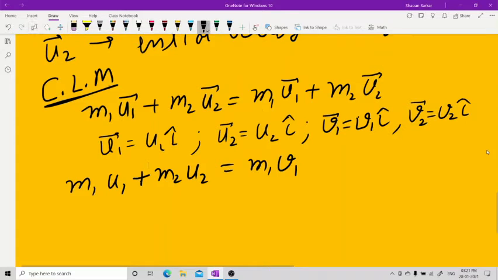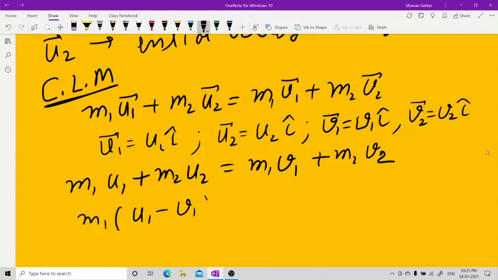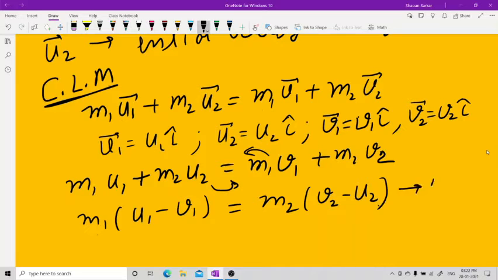Now see, m1 v1 m2 v2. Now do one thing, bring all the m1s on one side and take all the m2s on this side. That means m1 you take common, u1 minus v1. This has come in this direction. Now this will go in that direction. So take m2 common and you will have v2 minus u2. M1 V1 को इधर लेफ्ट साइड पे लेके आए, M2 U2 को राइट साइड पे लेके जाए, कॉमन ले ले M1 और M2. This is your first equation.